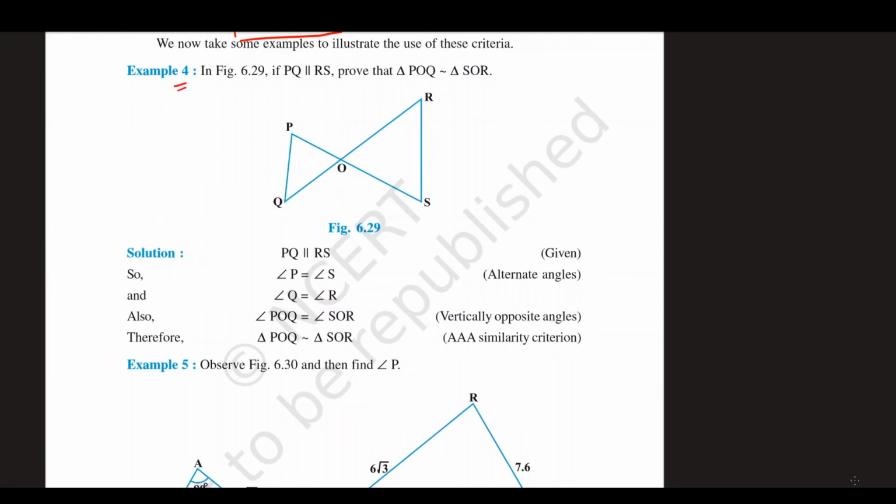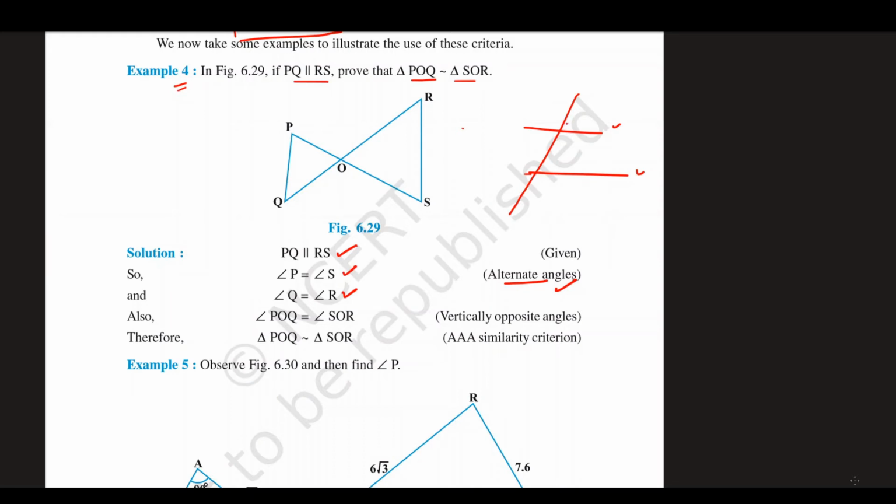This is the figure. PQ is parallel to RS is given. Prove that POQ is similar to SOR. Okay, so first, PQ is parallel to RS. Angle P is equal to angle S because of alternate angles, and angle Q is equal to angle R, again alternate angles. That is, if these two lines are parallel, and this is the third line intersecting these two parallel lines, then we have